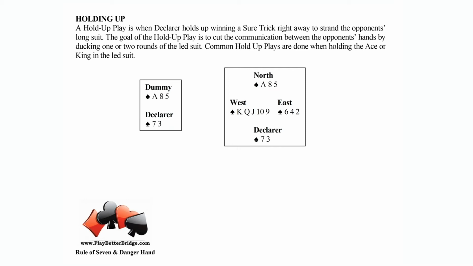Declarer is looking over their hand and thinking to themselves, well, I'm going to have to give up the lead again. So I need to make sure that I don't give up the lead to the long suit hand. Okay, so if West leads the king of spades and Declarer only has one winner, right? So they hold up